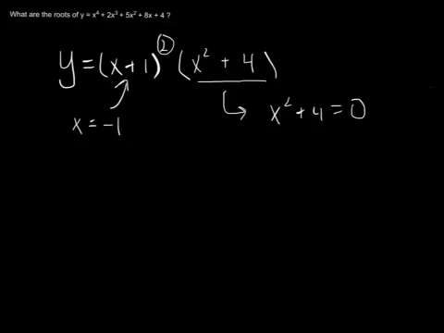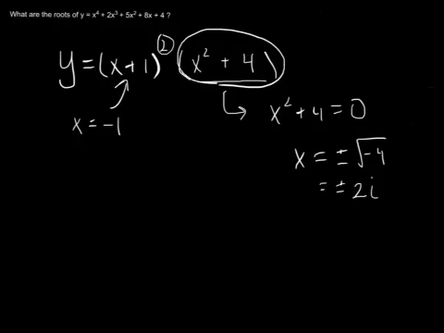Hopefully, after solving, either using the quadratic formula, because this is a quadratic function, or simply solving for x, you're going to find that x will equal plus or minus the square root of -4, which of course is plus or minus 2i. It is an imaginary root, or a complex root. And so what that means is that the 2 other factors, if I were to factor this out, I would get two factors,